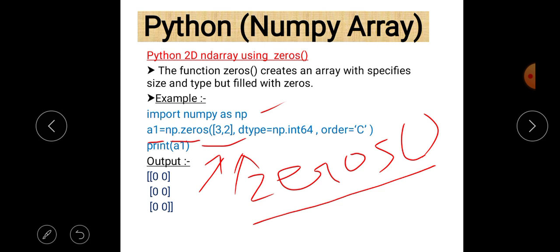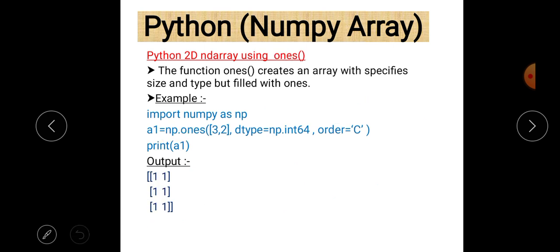Then the data type declared here is np.int64, and then order C. C means row-major order; by default, order is C. You can see that all elements are 0.